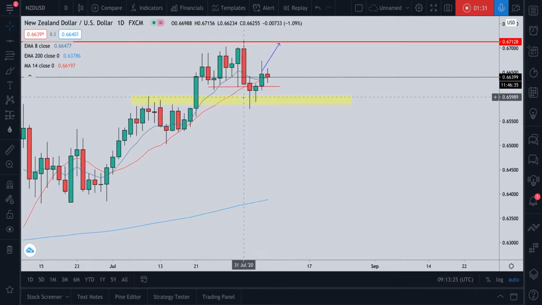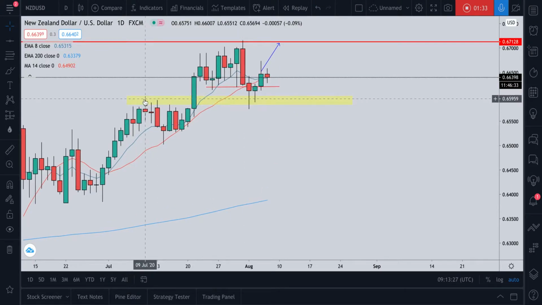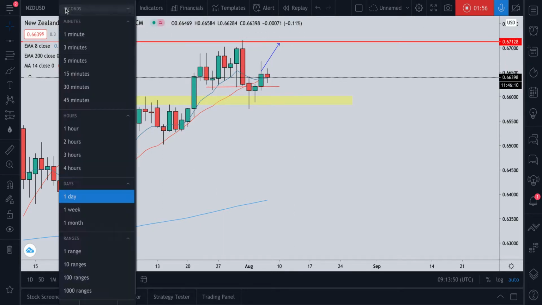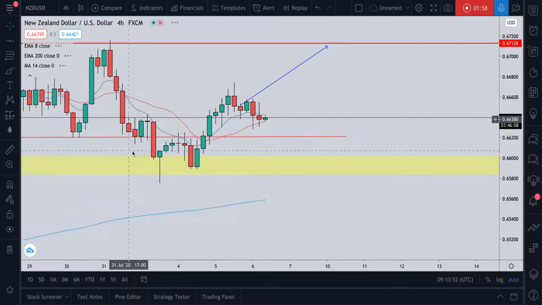Then when you look here, we had this nice break of structure, higher high. Price came and tested the previous high as support. So this one was resistance, came and tested as support. Then we're seeing these nice rejections here, and price now is currently above the EMA. So we could see a push to this weekly target here, which is weekly resistance. So that's the anticipation. Then when I break down to the 4 hour time frame,